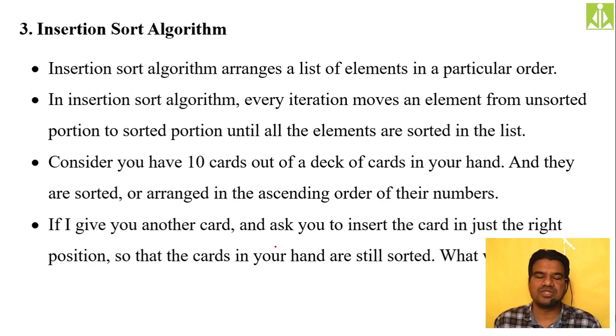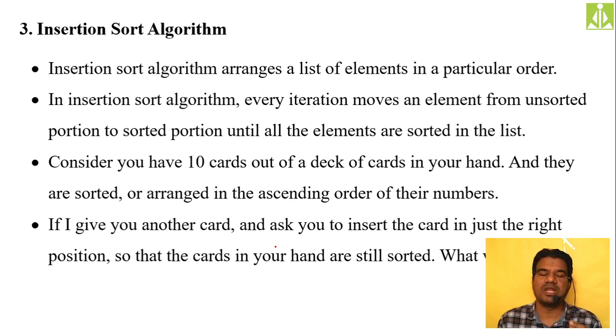So how we arrange that one? Down on the table, whatever cards we are going to have, consider those cards as the unsorted list. And from that unsorted cards, one time we'll take only one card. We'll pick one card and we'll hold it in our hand, isn't it? Picking the second card, we'll put that card in a proper location, according to the number, because playing cards all have numbers printed on them, isn't it?